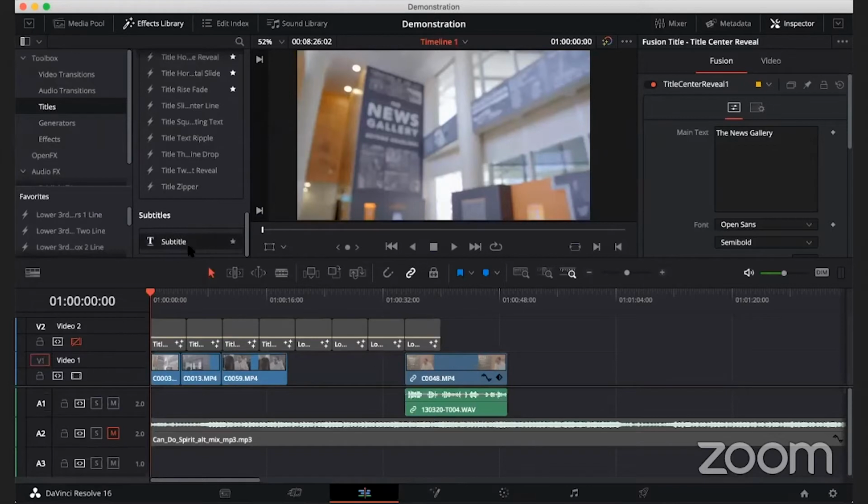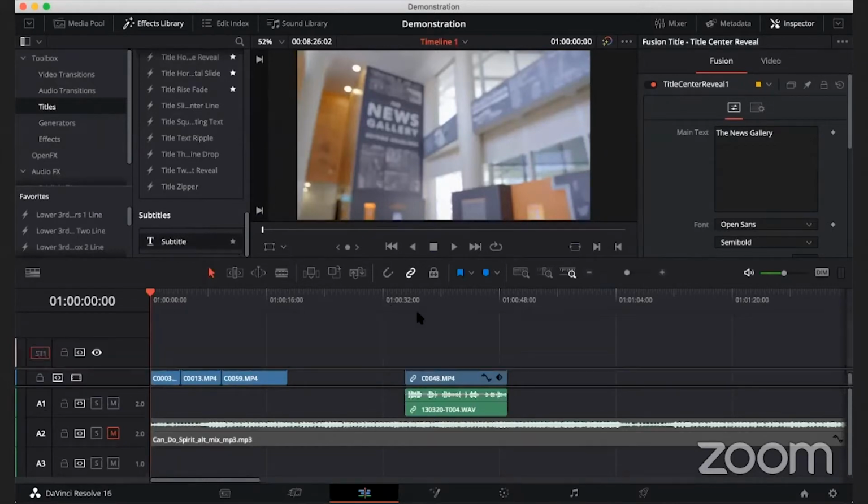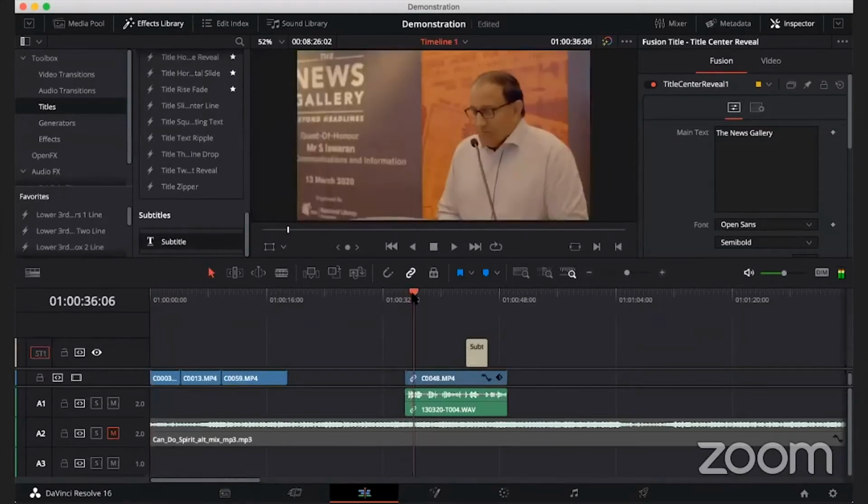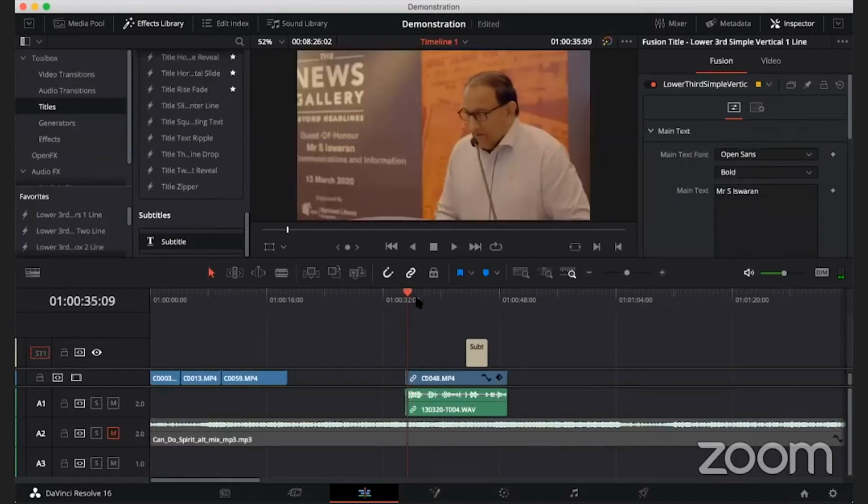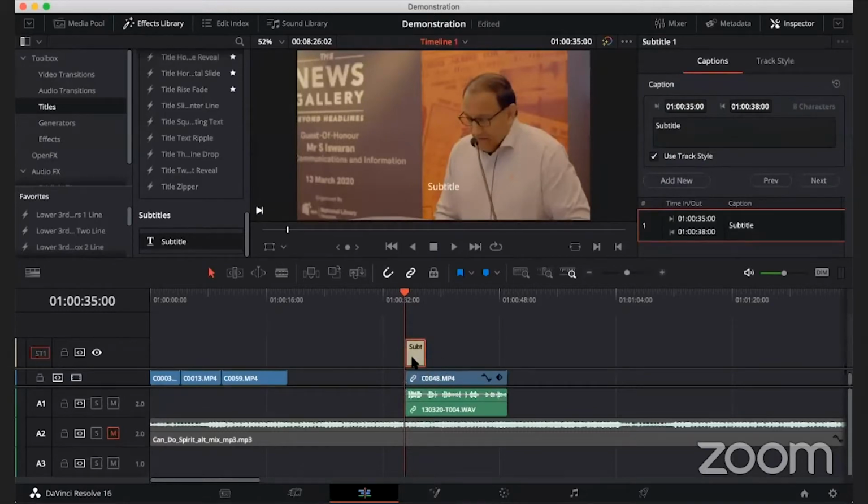So how do you drag it? How do you put it in? You just click and drag and drop. Then you have your subtitle layer over here. Then, so we have this as an example. You can drag it over here. Then when it speaks,